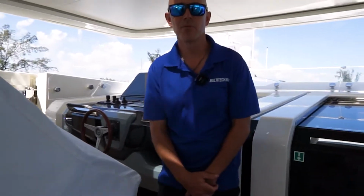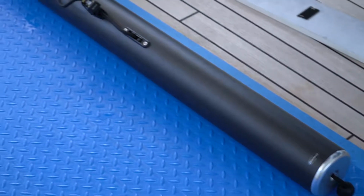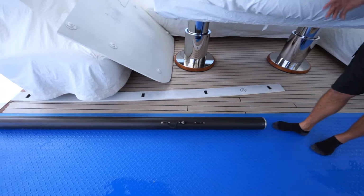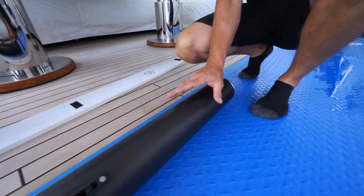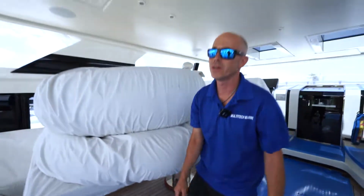If you guys would like to come with me, I can walk through and show you a few of the projects that we have in process now. First place we're going to stop is these awning poles. These are a carbon fiber, almost one-of-a-kind awning pole. What we needed to do was just reinforce the cuffs that held these into the deck. And what these hold up are the sunshade awnings that cover up this beautiful jacuzzi on the back of the